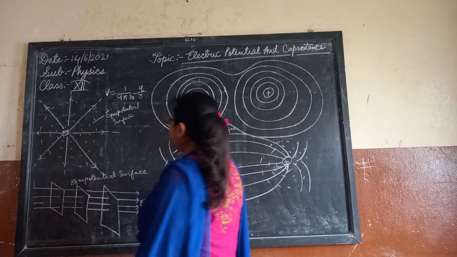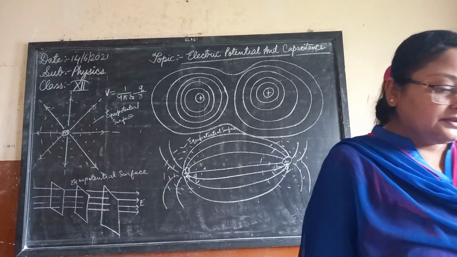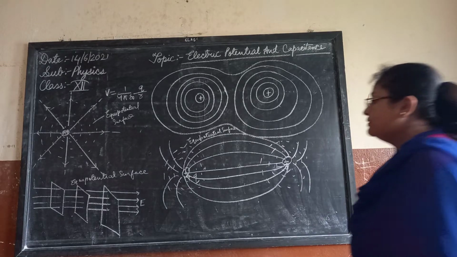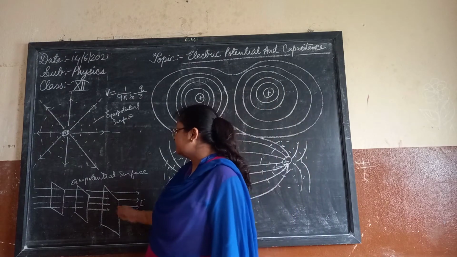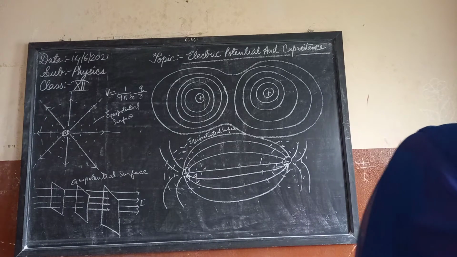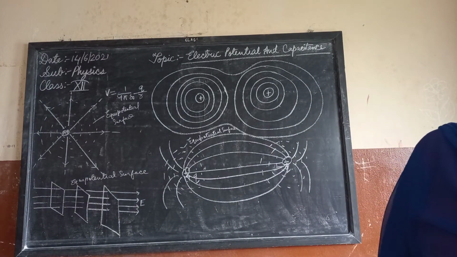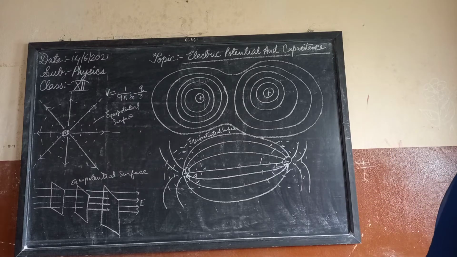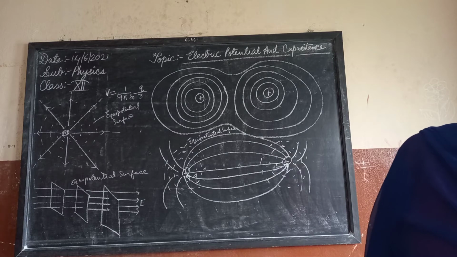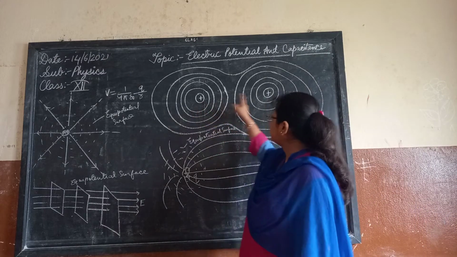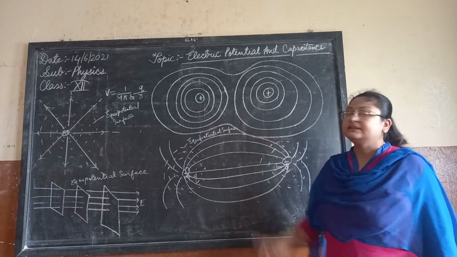Okay. Now in the second figure, what is it explaining? The equipotential surfaces for a uniform electric field are shown in the figure below by the dotted lines. So this is the uniform field here. It is defined by the lines itself. Here the equipotential surface is uniform, for a uniform electric field. Now the equipotential surface due to two identical positive charges is as shown. So we have taken two identical positive charges and the equipotential surface is just like this.